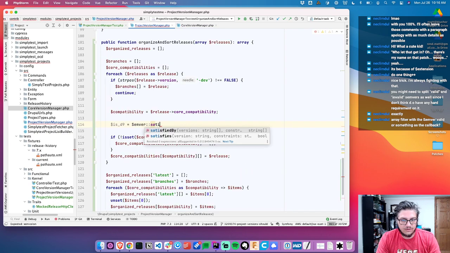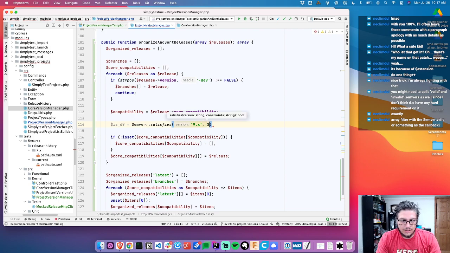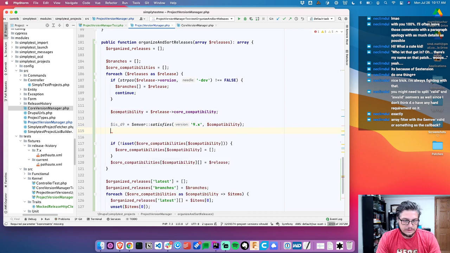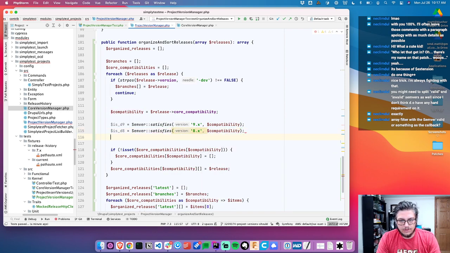Yeah, so satisfies, so we can take 9.x and the compatibility is d8 equals semver satisfies 8.x, compatibility is d7. Maybe this is just a better approach, is we just have a list of supported core major